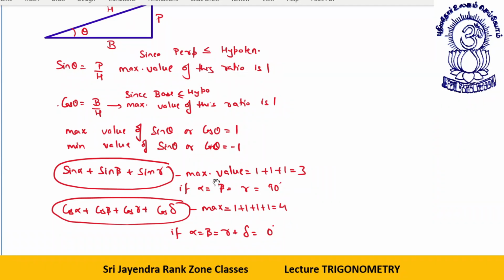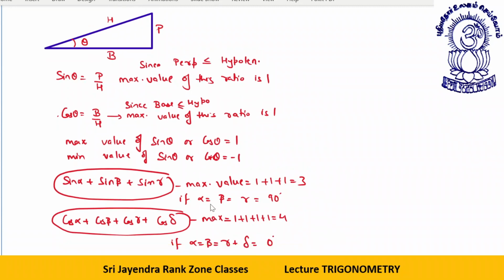Now let's proceed ahead with the next type of thing. Sine theta based, I have taught you. Now let's talk about tan theta, cot theta, cosec theta, secant theta. I am writing in this portion. Tan theta is equal to perpendicular by base. Cot theta is equal to base by perpendicular.